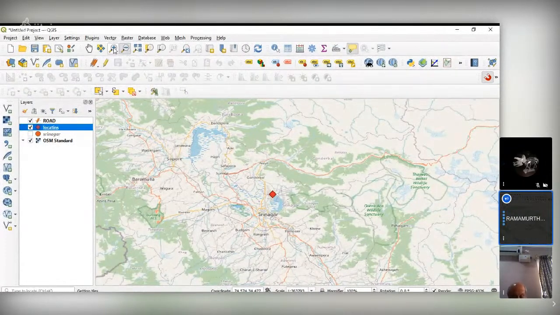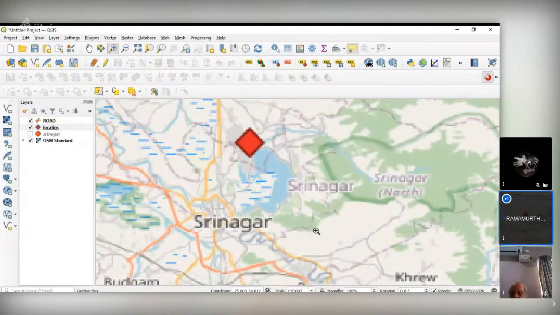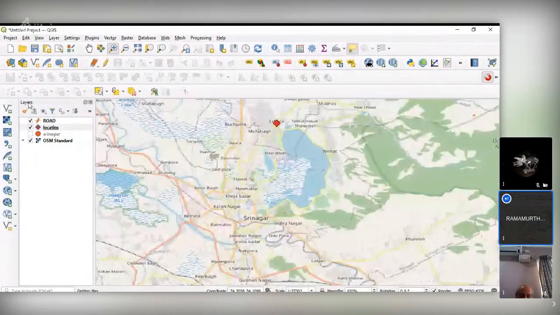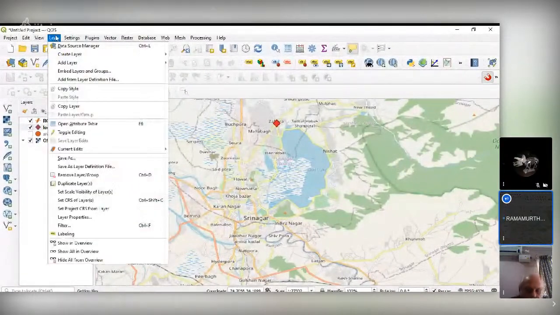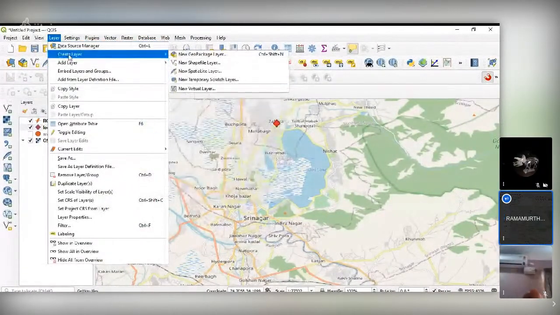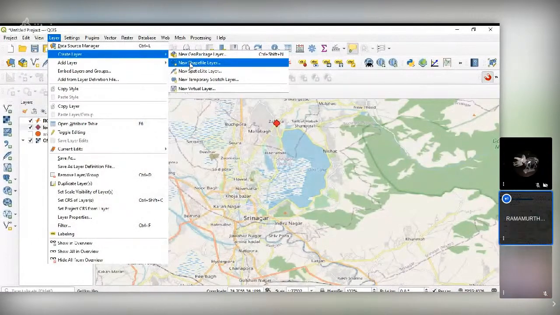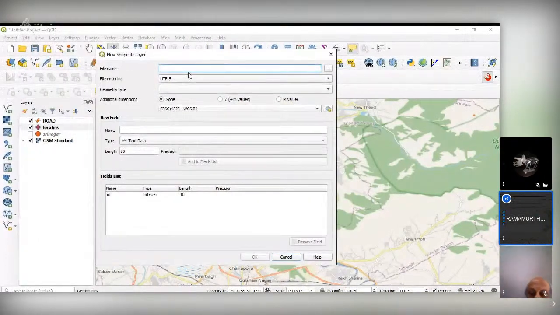Next is the polygon features we'll discuss. So next is the same process. We'll create a layer, new shapefile, and here I'm going to digitize the features lakes, and the geometry is polygon.